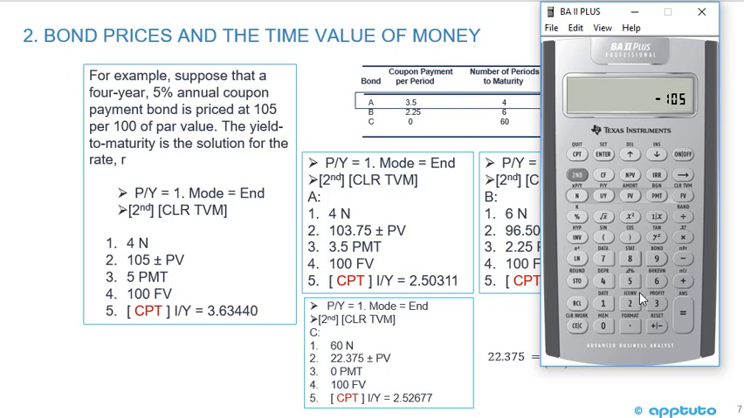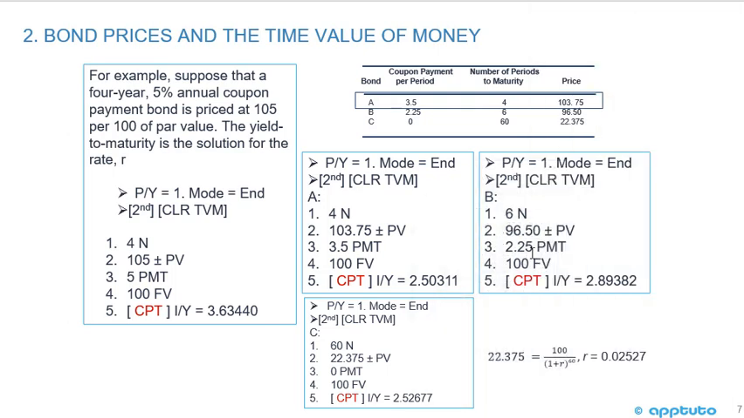So I'm doing that on the price, and we're hitting that as the price, present value, and then we're computing for the I/Y. We get 3.634399, or a little bit of rounding here. Okay, so I won't do that for the three other calculations here, but that's just the table from the text